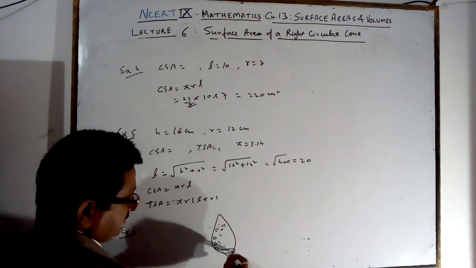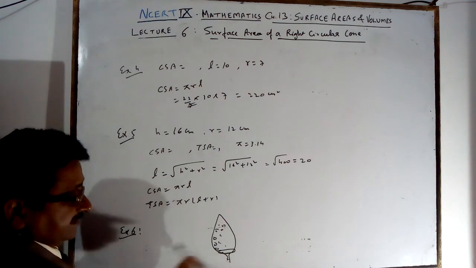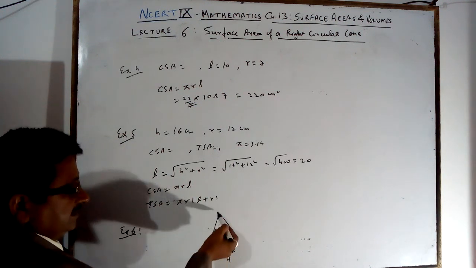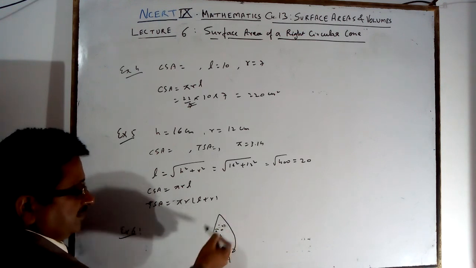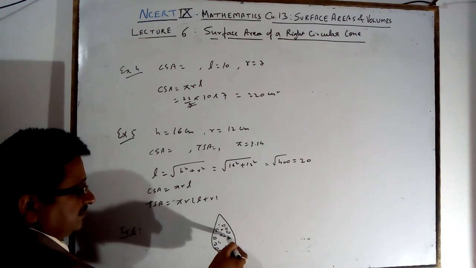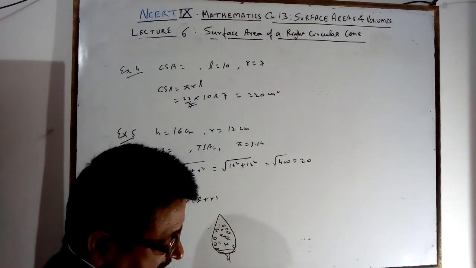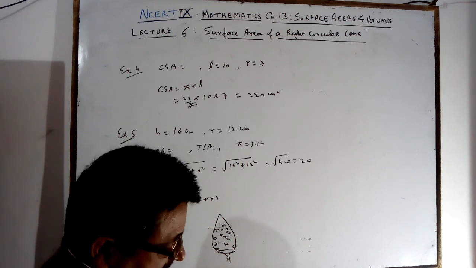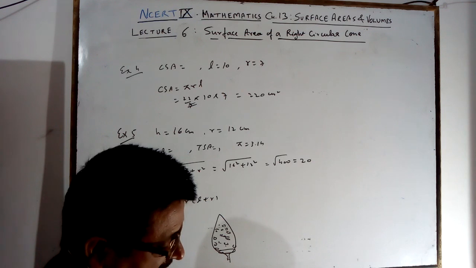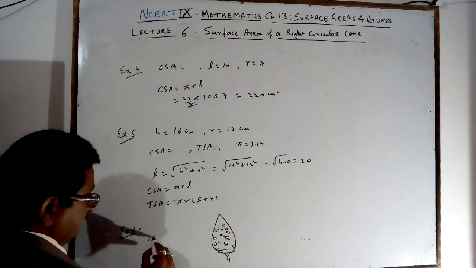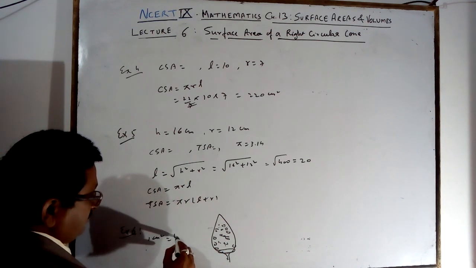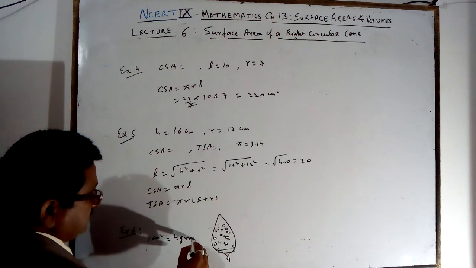Suppose you take it as a cone. The base is covered, and the other part is the slant. The curved surface area is covered by the grains, as given in the figure. Each 1 centimeter square of the surface has an average of 4 grains. 1 centimeter square is equal to 4 grains.